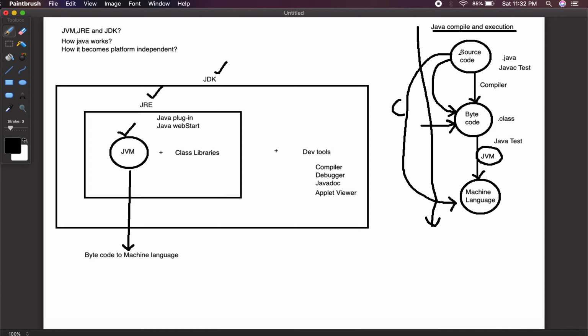If we directly compile the source code to create an executable file on Windows, definitely this executable file will not run on another platform.